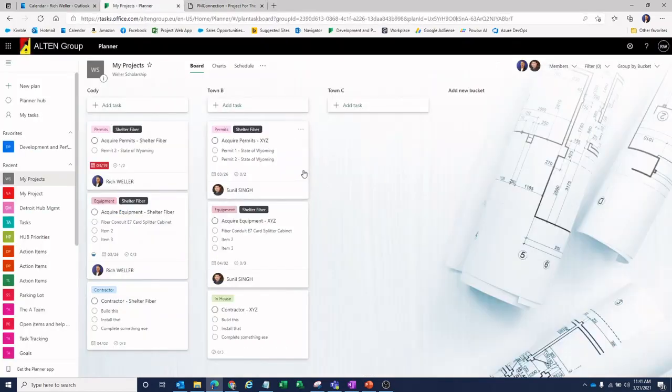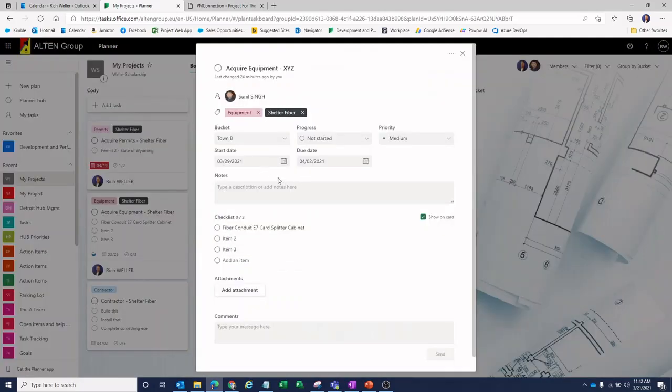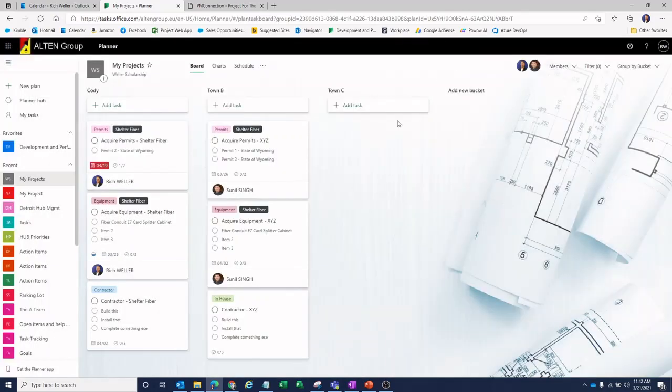Within Planner, we don't have the ability to tie one task to the next. So if this task for acquiring these permits runs late, and I'm assuming you have to have the permits before you want to acquire the equipment, and you don't get those permits when you believe you're going to, then you're going to have to manually update the start and finish dates for the downstream or successor tasks. All right, so that's